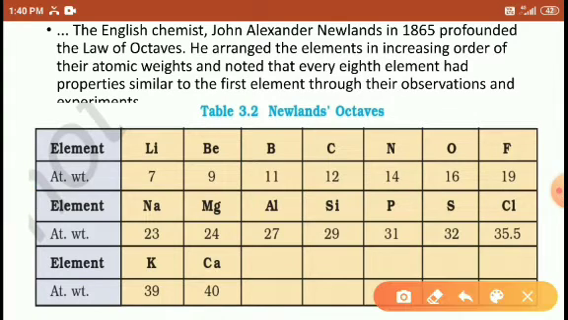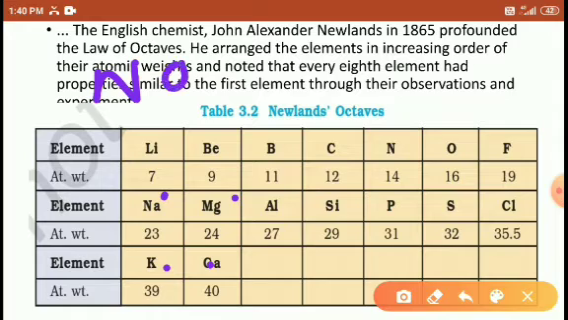Similarly, if sodium is considered as the first element, then the eighth element is potassium. If magnesium is considered as the first element, then the respective element is calcium, right students? Here are the 20 elements he arranged, and he considered that every eighth element has properties similar to the first element. But this theory is going to fail, because after he made this table and his statement, the